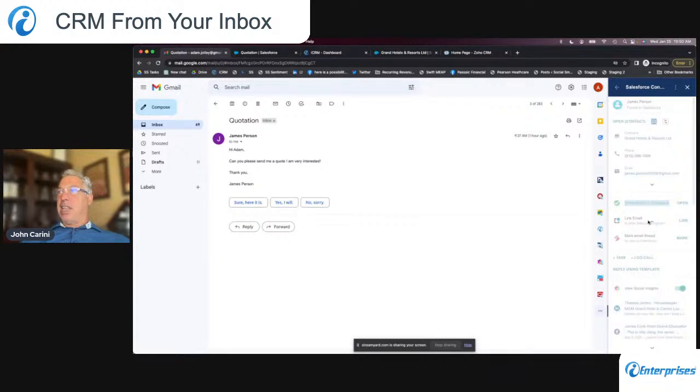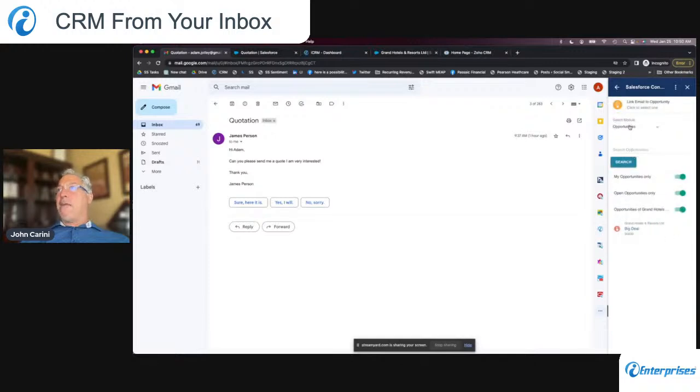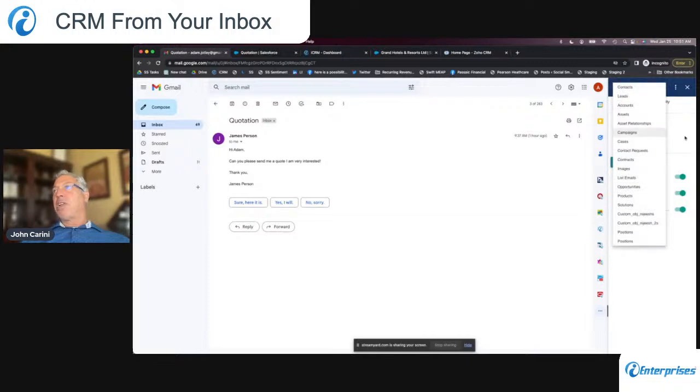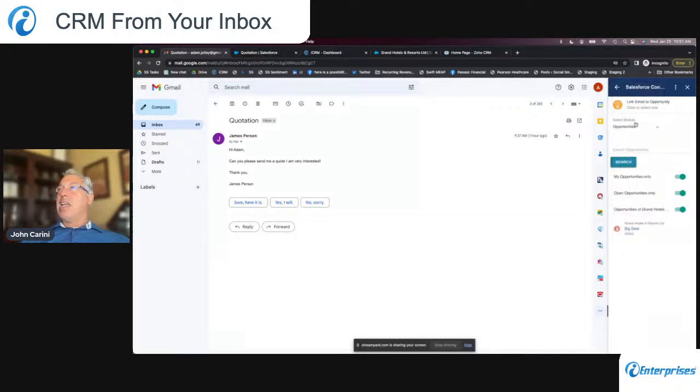So if I click this link button, you'll see that it opens up another screen where I can pick any object. So opportunities, cases, whatever you want, you can log this email against. And you can see in this case, this is the most typical one. Oftentimes people want to log their emails to opportunities, but again, you can log it to the contact, the lead, even a custom object. So it automatically detects your custom objects and whatever you've configured in Salesforce and makes them